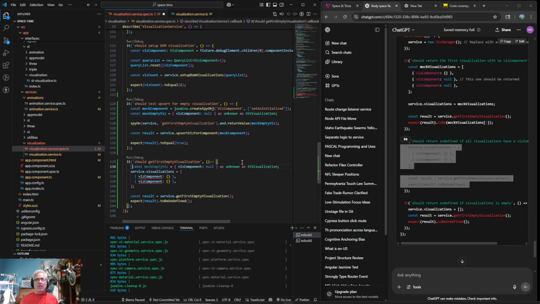So I believe that, okay, so now I have my mock viz empty. I think I can just do this. No, why not? So this is supposed to be an ST visualization, right?